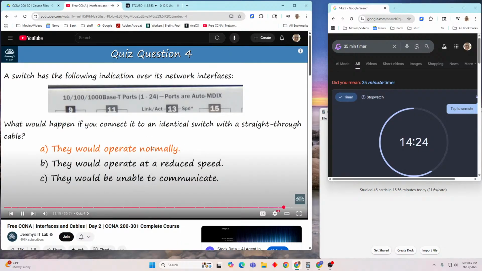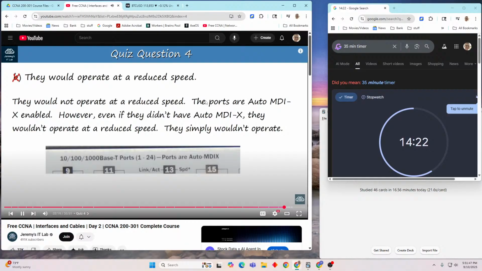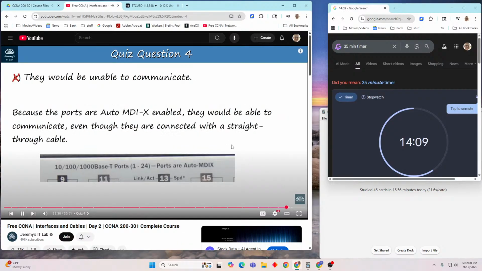Let's check. They would not operate at a reduced speed. The ports are auto MDIX enabled. However, even if they didn't have auto MDIX, they wouldn't operate at a reduced speed. They simply wouldn't operate. So B, they would operate at a reduced speed, is incorrect. Because the ports are auto MDIX enabled, they would be able to communicate, even though they are connected with